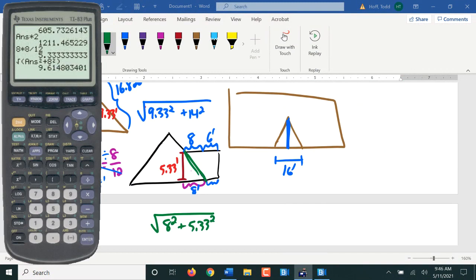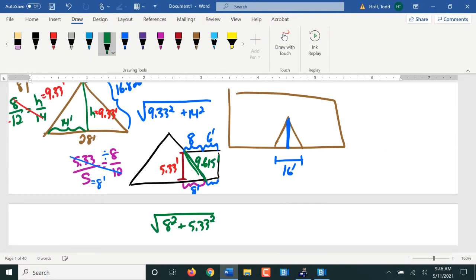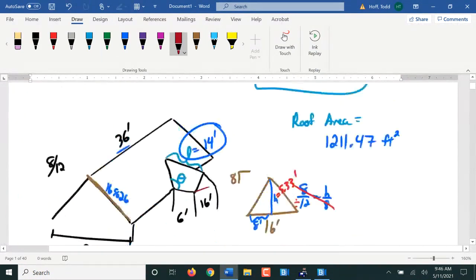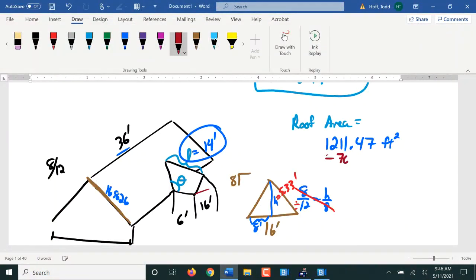Giving us 9.615 feet. This height here is 9.615 feet. So the area that takes out is 16 by 9.615 over 2. So 76.92 feet is what's removed there. So if I subtract that out here to get a running total,